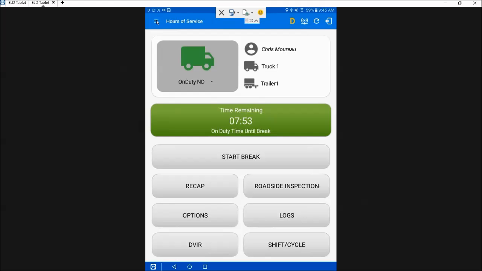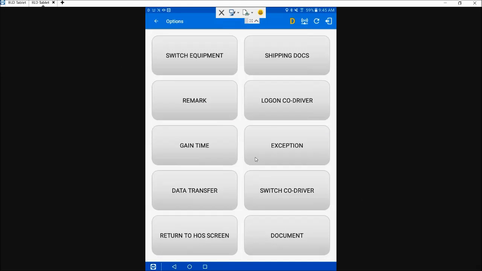Again, if something were to go wrong, issues happen with the tablet itself, he could contact the fleet manager or someone who has access to the ELD portal and use that CSV output file. There is an options button here below Recap. If I click on that, it'll allow me to access more tools within the app, switching the equipment, adding